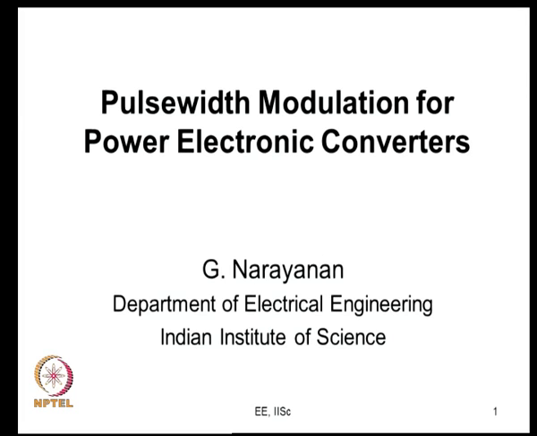Welcome back to this lecture series on pulse width modulation for power electronic converters. So, we have been dealing with various pulse width modulation methods for power electronic converters. We are particularly looking at DC-AC converters and many modulation schemes like sine triangle or space vector and such kinds of PWM methods, and how you would analyze the harmonic waveform quality in such cases, and so on and so forth.